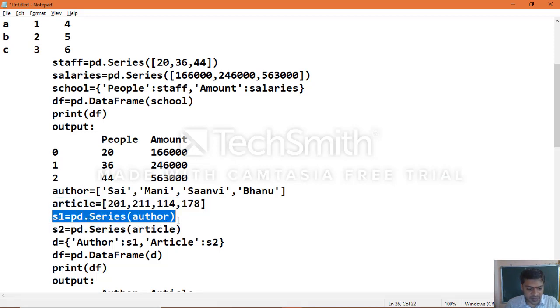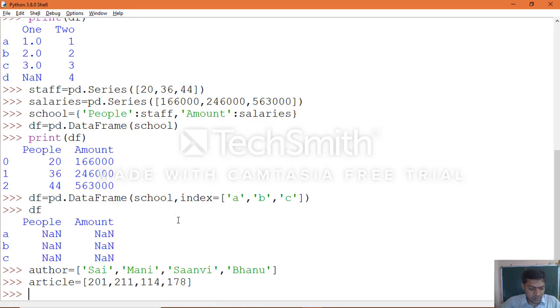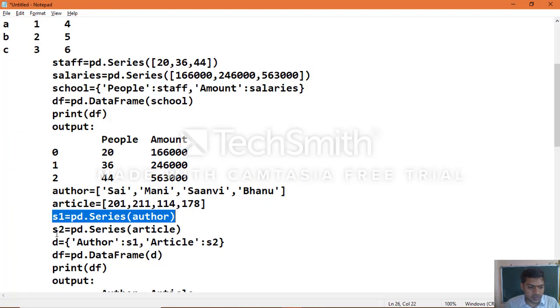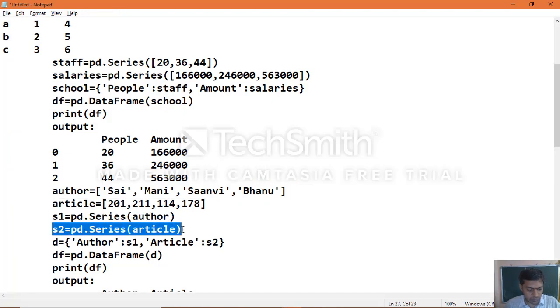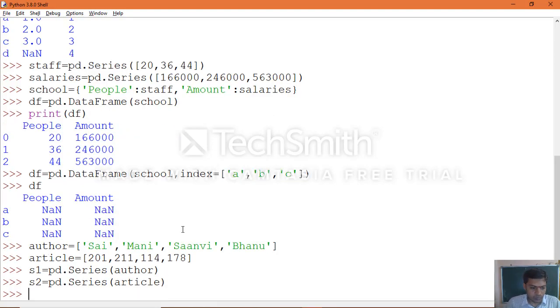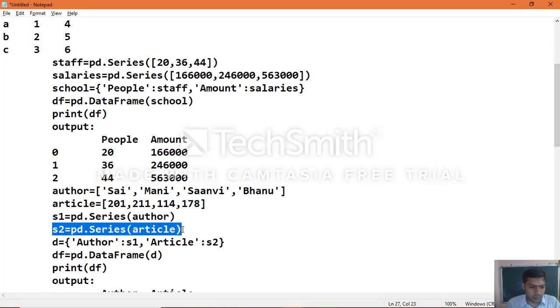We created them separately, and another object. Create the dictionary.